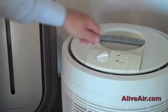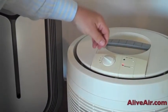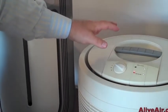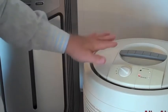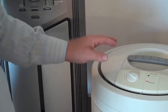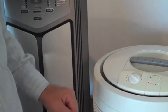All right, now what I'm going to do is take apart my Honeywell 5250, take you inside it, you can take a look at it, and I'll go over some of the pros and cons of it as well. So first thing, let me turn on the Honeywell just to get an idea of the volume, because I think one of the complaints about this machine is that it's a little noisy. It gets a little noisy. And then you can see there is